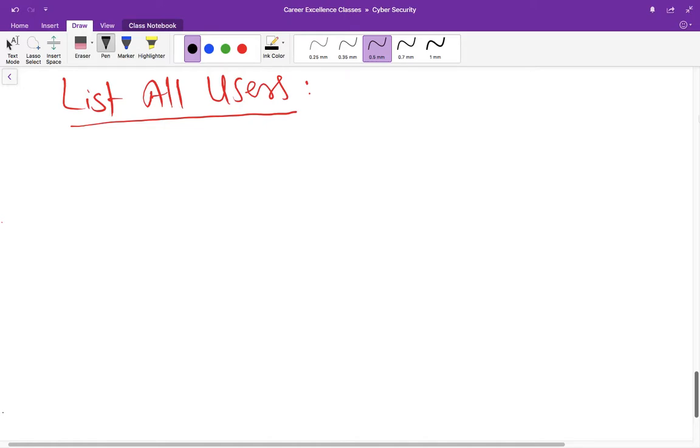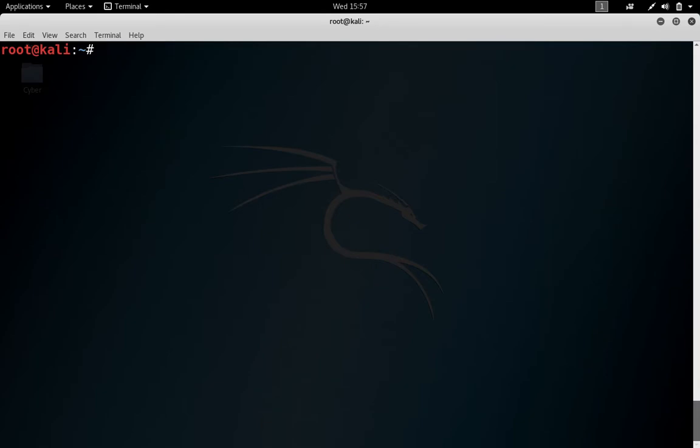I am Deepak Nial, and here I am going to discuss how to list down all the users in the Linux terminal. If you have attended my previous lecture, you might know that all the users are stored in a file called /etc/passwd, and you can see all the users using the cat command. Let me show you in the terminal. Type cat /etc/passwd.